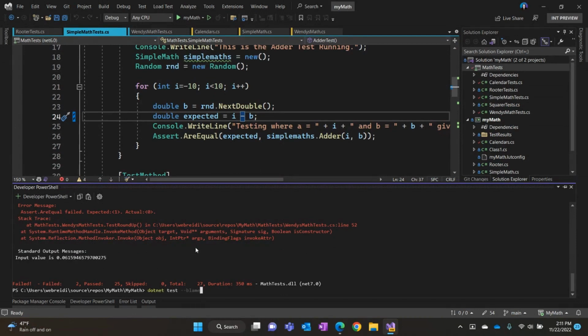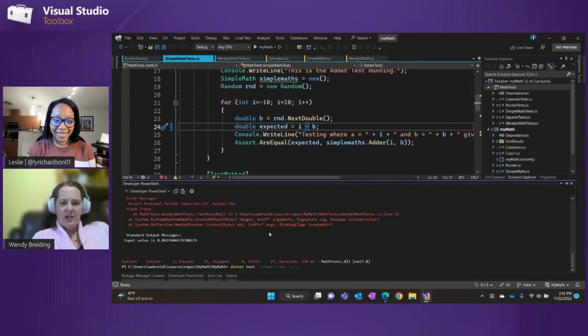Yeah, that's awesome. To take it one step further, we have --blame-crash. And this one will set up an exception monitor that will create a memory dump of the process for you to analyze. Since the builds are taking so long for this, I'm not going to run that one, but that's a really helpful add-on to --blame to give you those crash dumps when your code is experiencing crashes. Yeah, super convenient, because then you don't have to rerun the whole thing again after the crash has already happened and you're struggling to figure out what's going on.